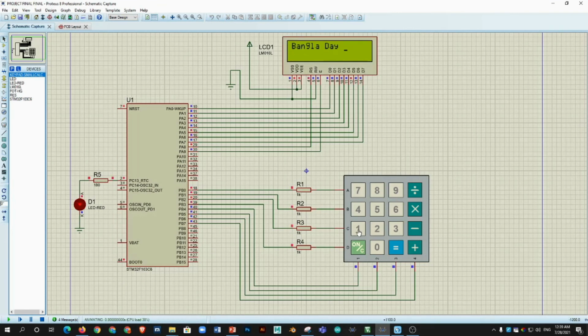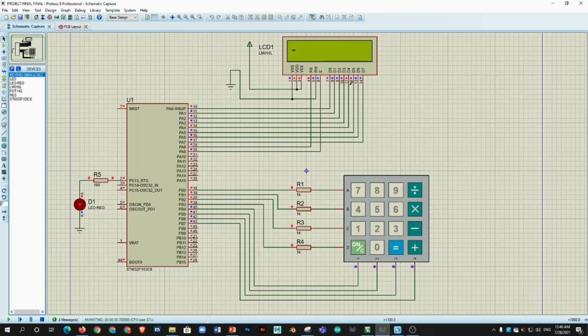At first, we have to input the Bangla day. We have to notice the LCD LED indicator. When the LED indicator is red, that means it is time for us to press the button. Now we also take the input hours. Taking the input of hours is necessary, as we need to calculate how much time is left for the day to be over.